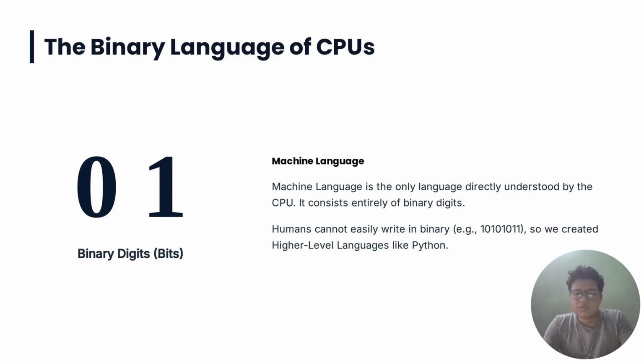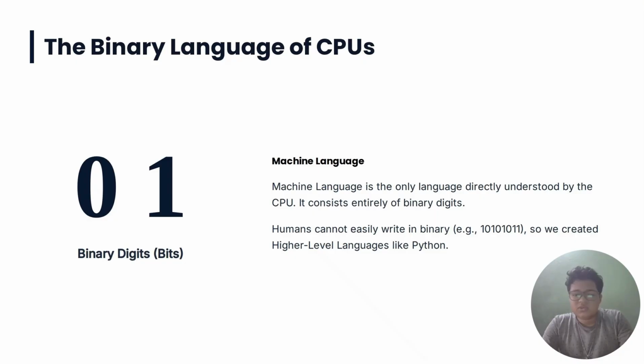Now we will talk about the binary language of CPUs. It is very important when we deal with programming because binary things are everywhere. In coding, what we actually deal with is binary, and I guess everyone knows that computer systems understand only binary. So binary digits, bits, we all know. Machine language is the accepted machine language. Actually CPUs only understand 0 and 1. A sequence of these is what we need for binary.